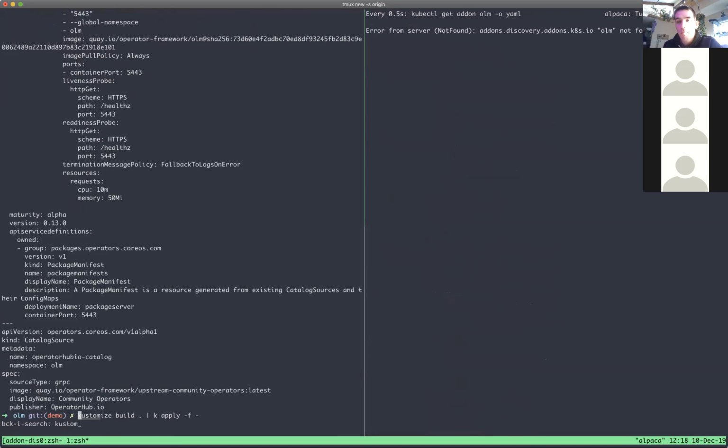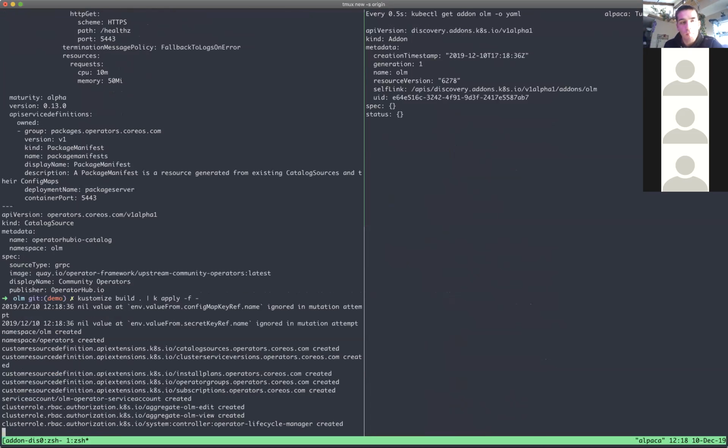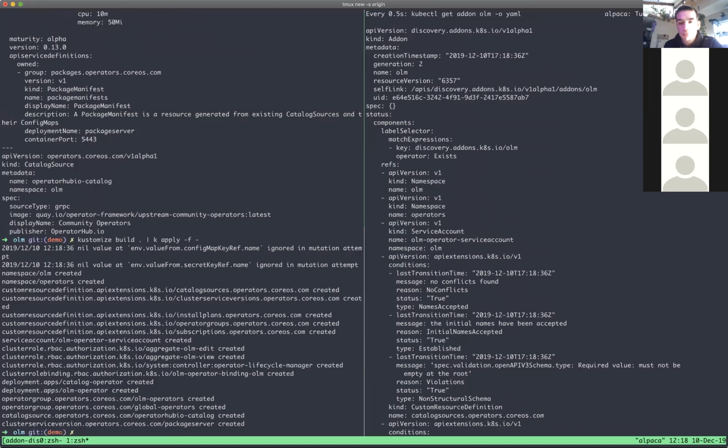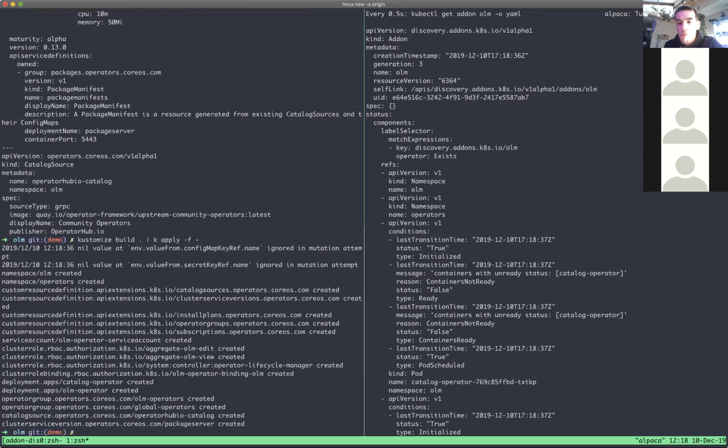I'll just apply that to the cluster. Whenever this operator sees that label applied to a resource, it'll generate one of these add-on resources here. You can see that it pretty quickly picked up all the different resources